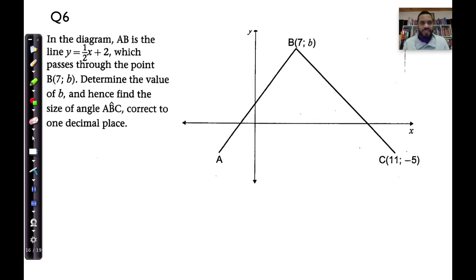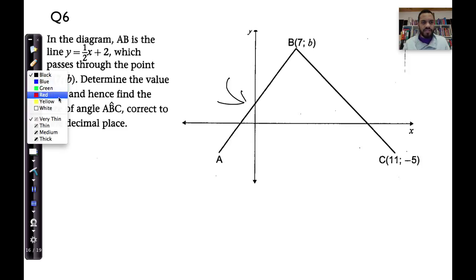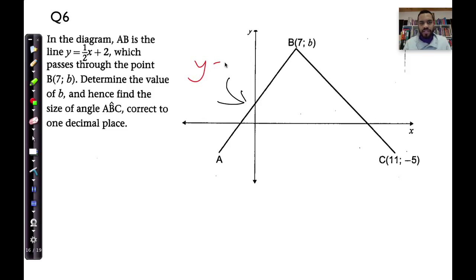The question 6 reads, in the diagram, AB is the line y equals a half x plus 2. So this is AB, right? That's the line that we've got over there. Let me just get a pen. So that's our line. Let's add some color because things are more fun when there's color. Okay, AB is the line y equals a half x plus 2, so that's AB. Y is equal to a half x